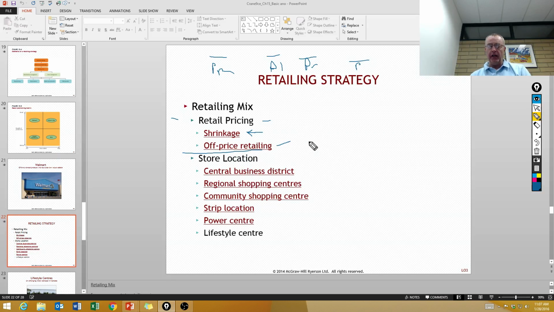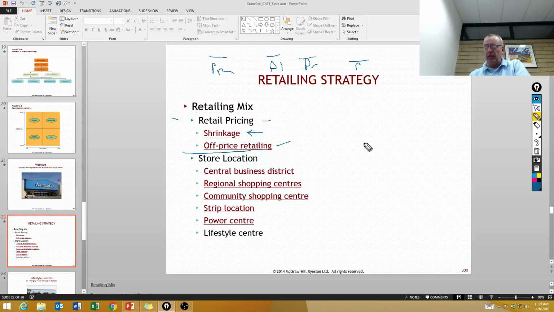Then we have outlet stores, where manufacturers sell surplus inventory directly to consumers, charging 20 to 25% off the regular price. Then we have single price stores. I think the book also calls them extreme value retailers, so that's the dollar stores of the world. Finally, we also have discounters, where the stores buy the product at wholesale price but just don't have as much of a markup as regular retailers.